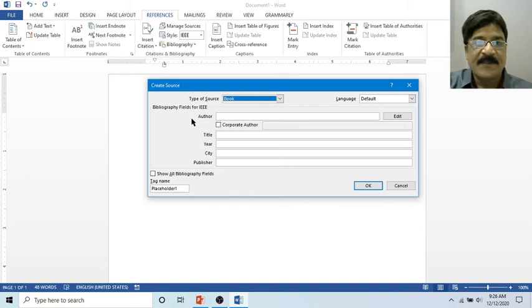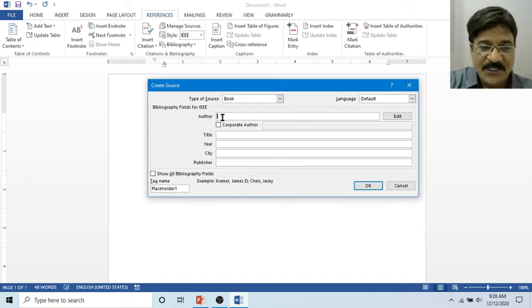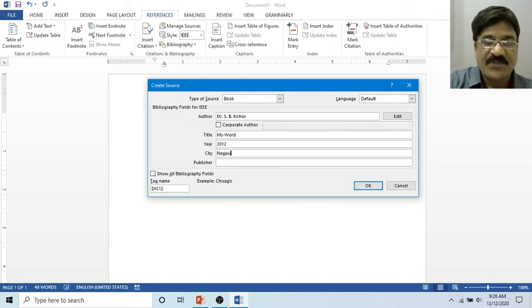Then specify the name of the author. Specify the title of the book, the place from which this book has been published, and the name of the publisher. You can also list other details.